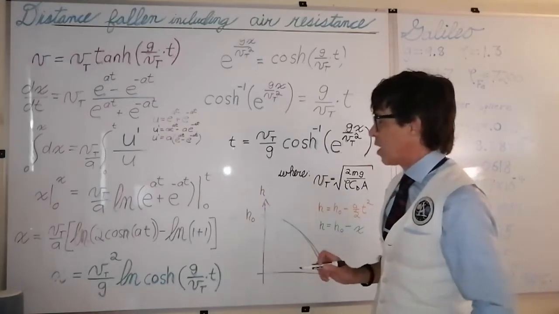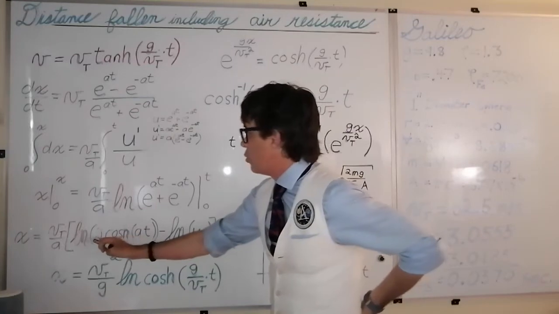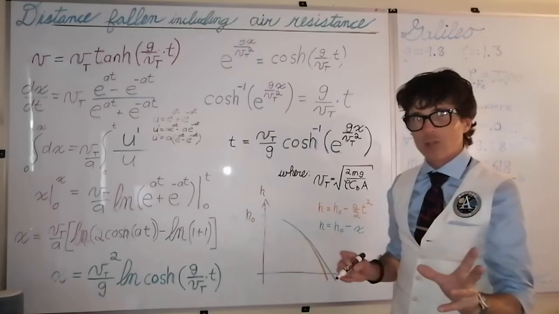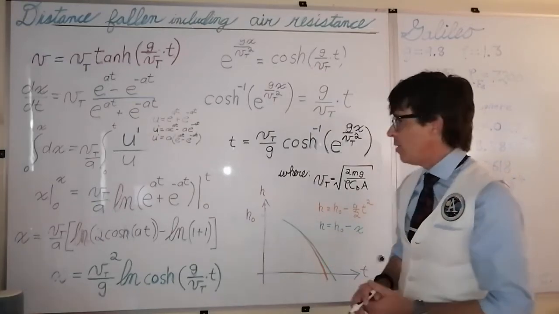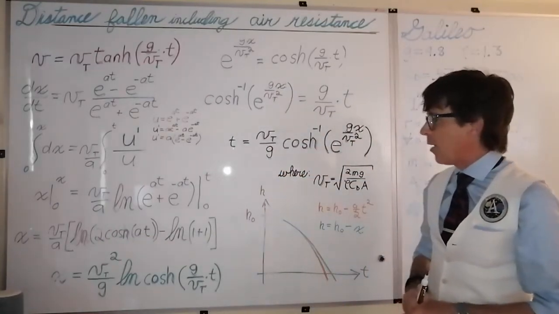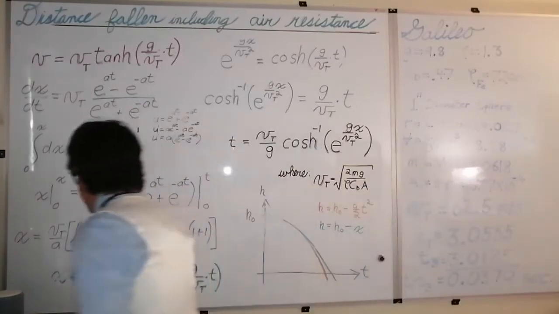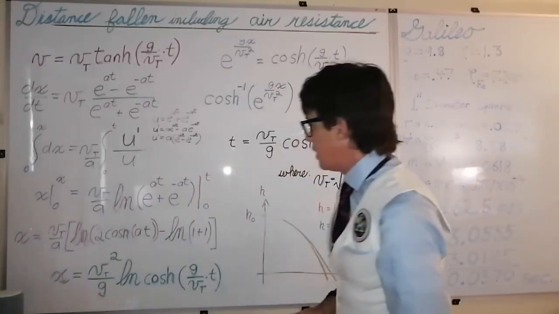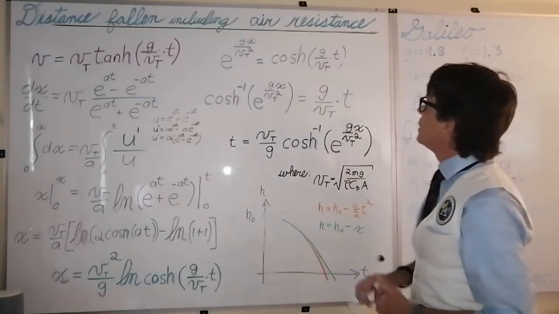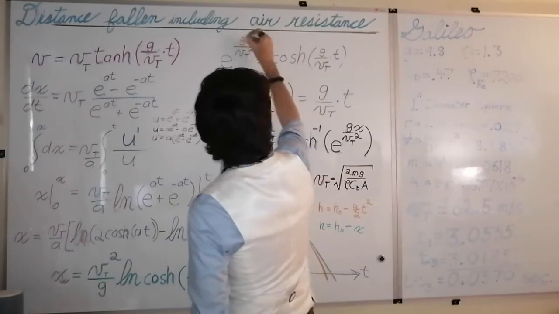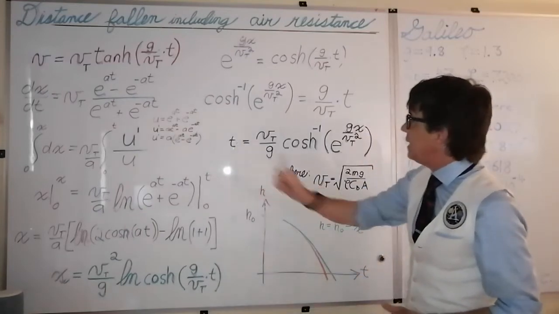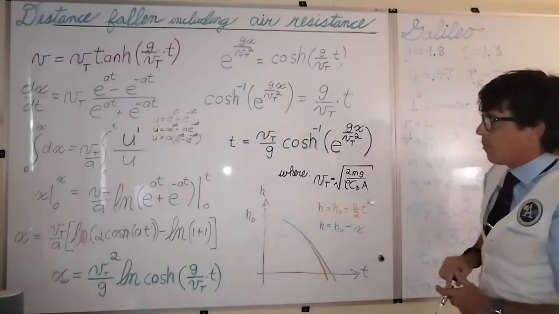And that's how come you're going to do ln minus ln, which would be combined into one natural logarithm by log law. And that's what happened to the 2 in your 2 cosh at. And so now we have an equation for x, which is in terms of time for the distance falling, including air resistance. So I could just rearrange that and now solve this equation for t in 2 steps by